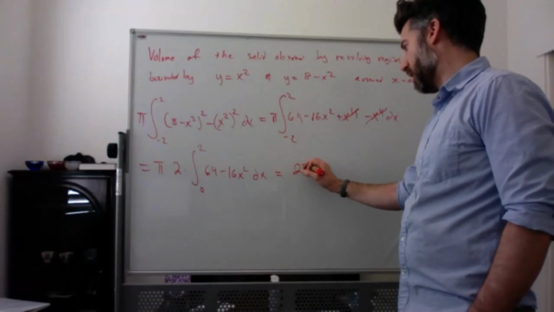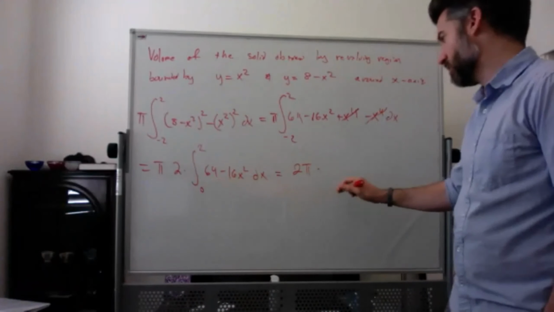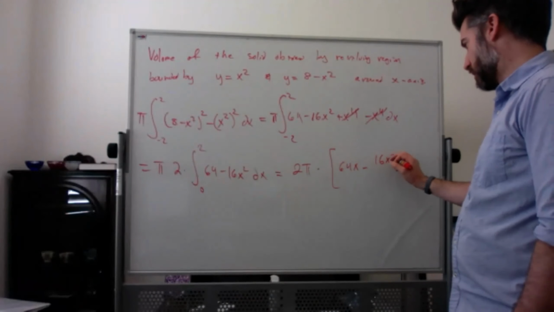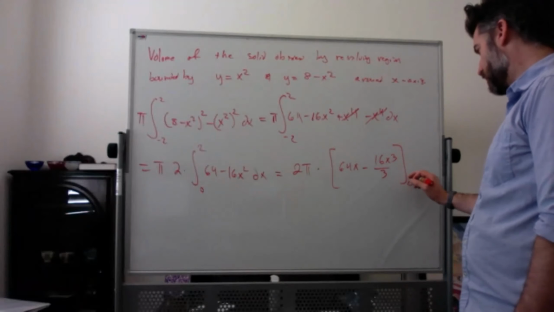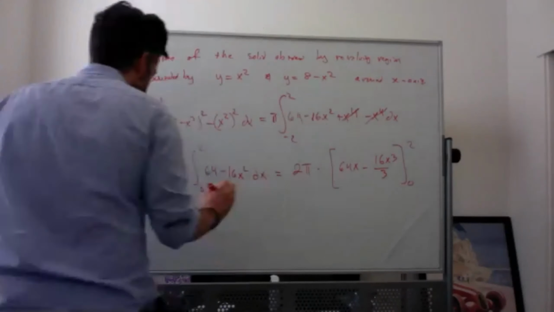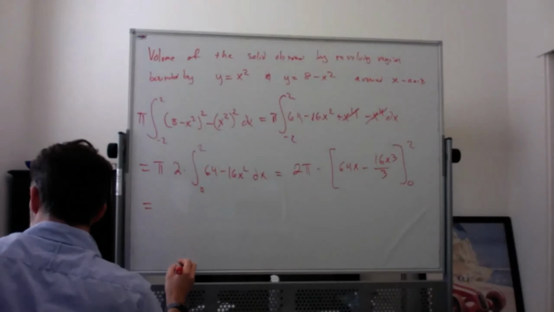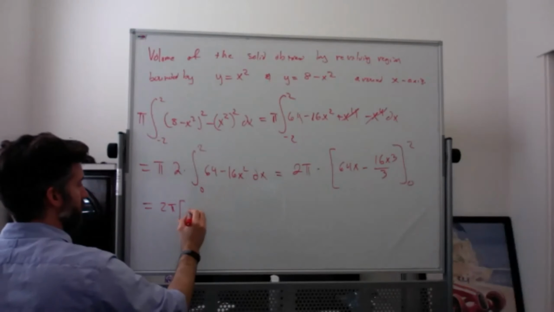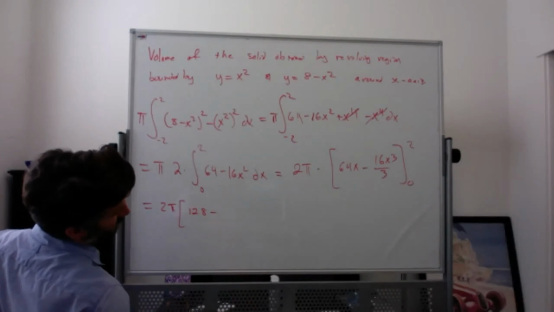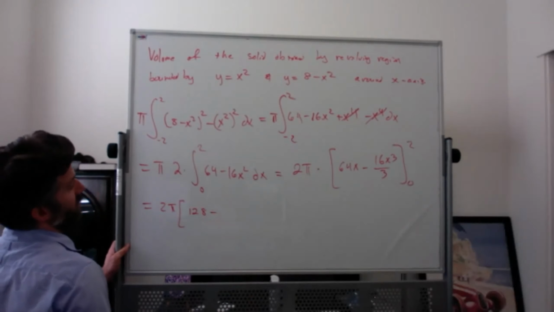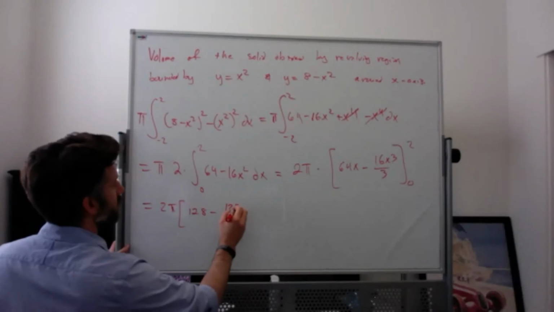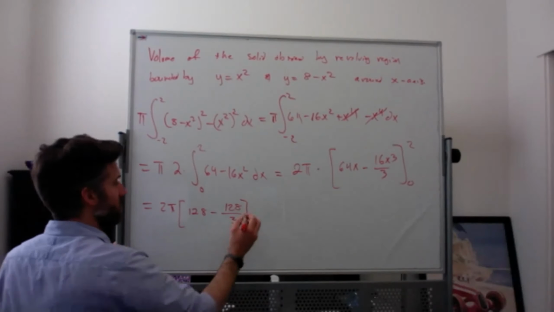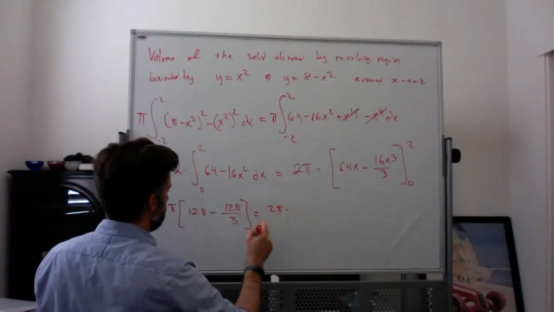So I'm going to get 2 pi times, and integrate this. I'm going to get 64x minus 16x cubed over 3 from 0 to 2. I'm just going to plug in. When I plug in 2, I'm going to get 2 pi times 64 times 2 is 128 minus 16 times 2 cubed is 16 times 8, which is also 128. And then when I plug in 0, I would just get 0. So I get 2 pi times